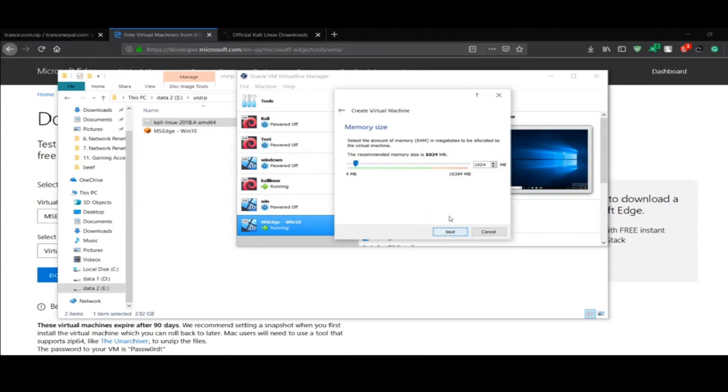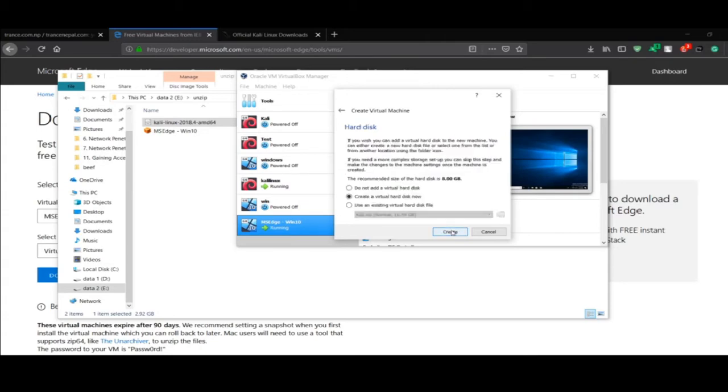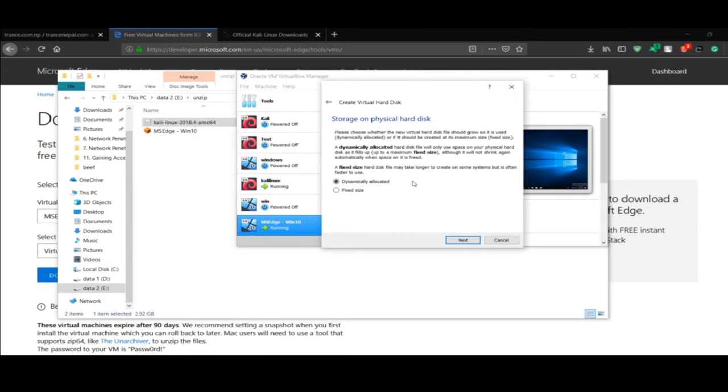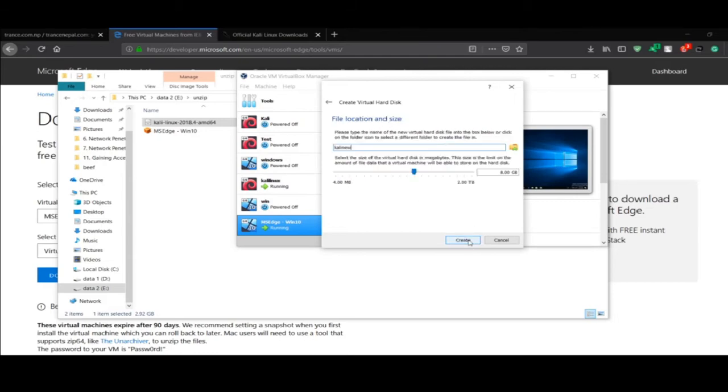Click next and allocate the memory, which is basically the RAM. Let me say I want to give 4 GB of RAM; even 2 GB would be enough. So let's click next and create, and I want a VirtualBox disk image, click next and dynamically allocated, next,